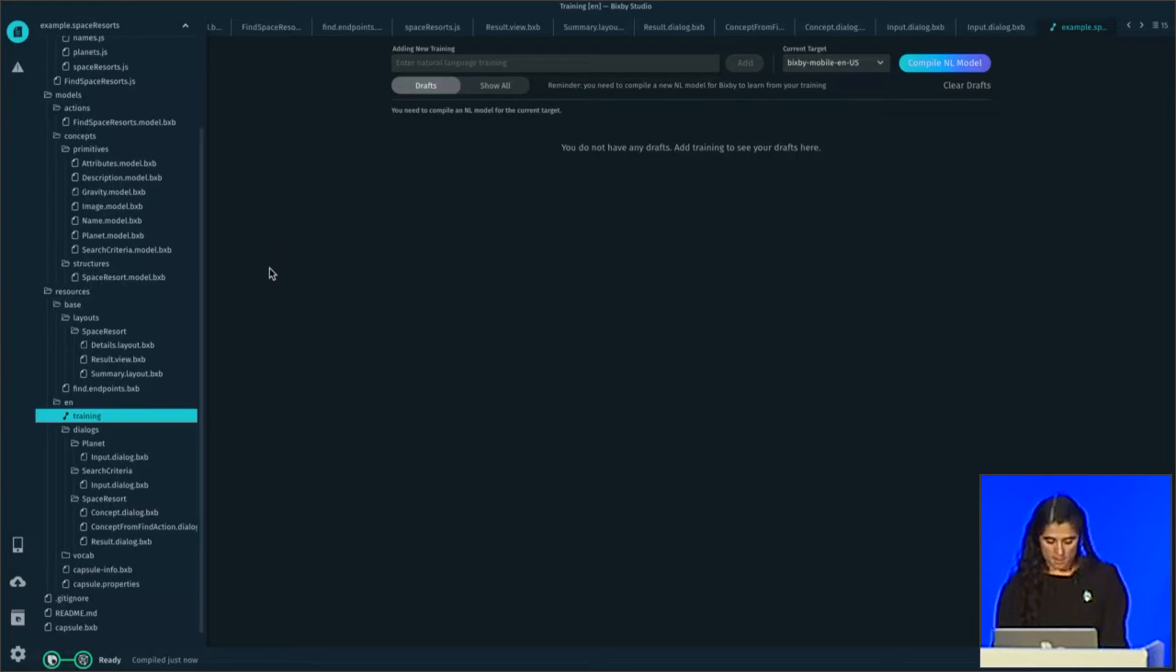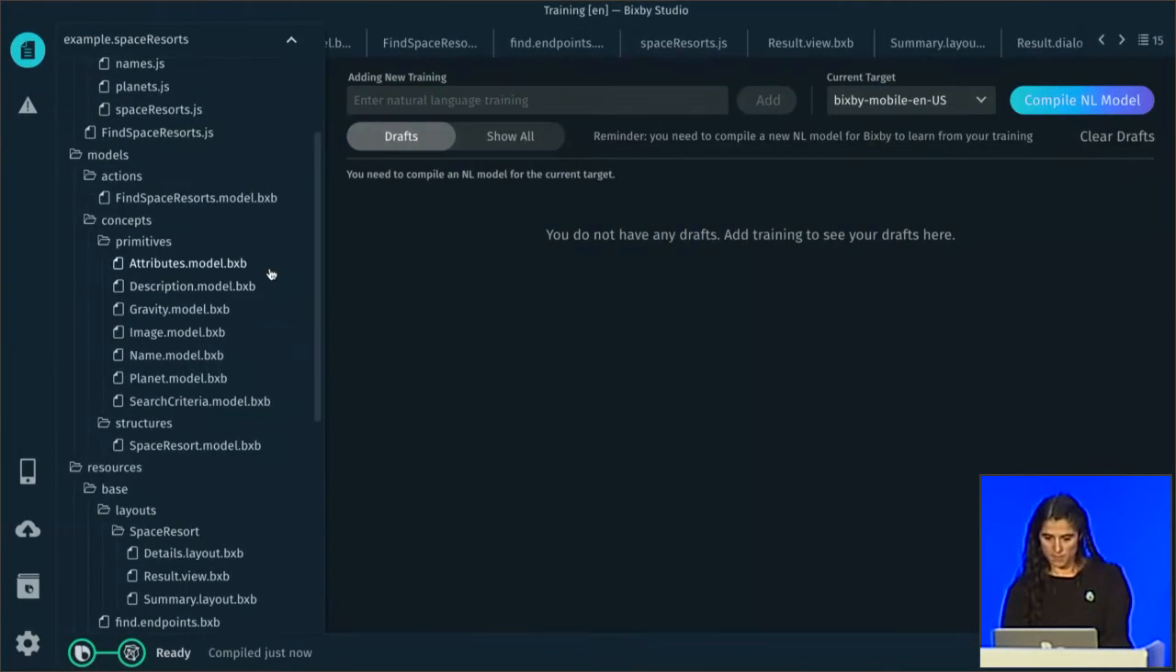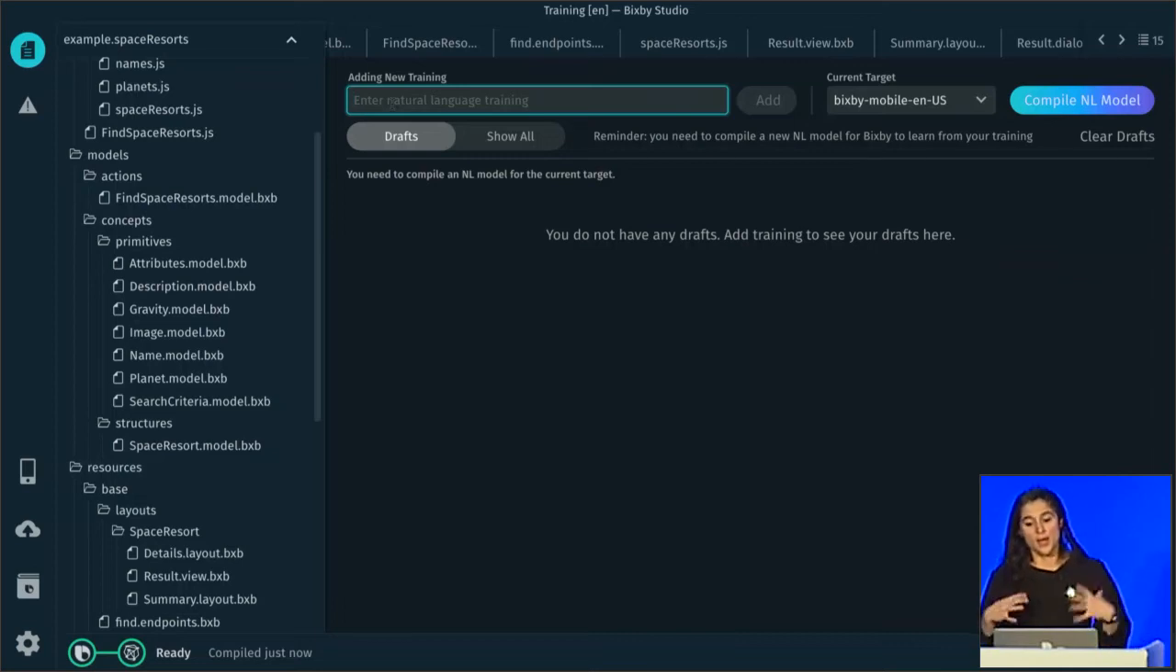So let's go here, zoom back in. This is the Natural Language Training tab. It's made specifically to help you teach Bixby how to understand language, and the way that works is that Bixby learns by example. So you would talk to it and then tell it what that meant, and it would register that, and over time learn to extrapolate and generalize from all the examples you've given it. So let's add a new training. Let's say